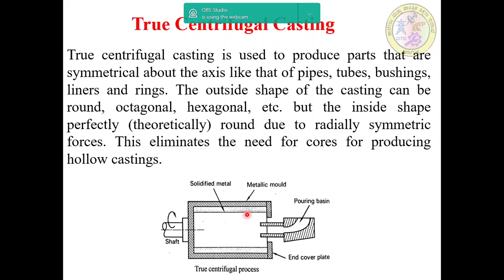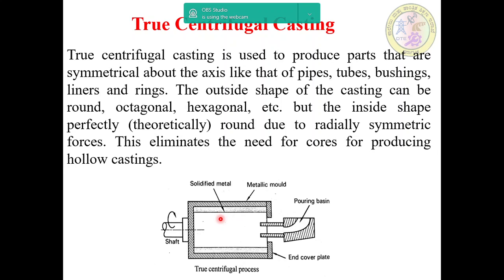That centrifugal force is equal to mv square by r. Here m is nothing but the mass, v is nothing but the velocity, and r is nothing but the radius of rotation. And then here the molten metal will be poured, and meantime the force is applied, and the speed of the axis is at a high speed in the range of 300 to 3000 rpm, and then